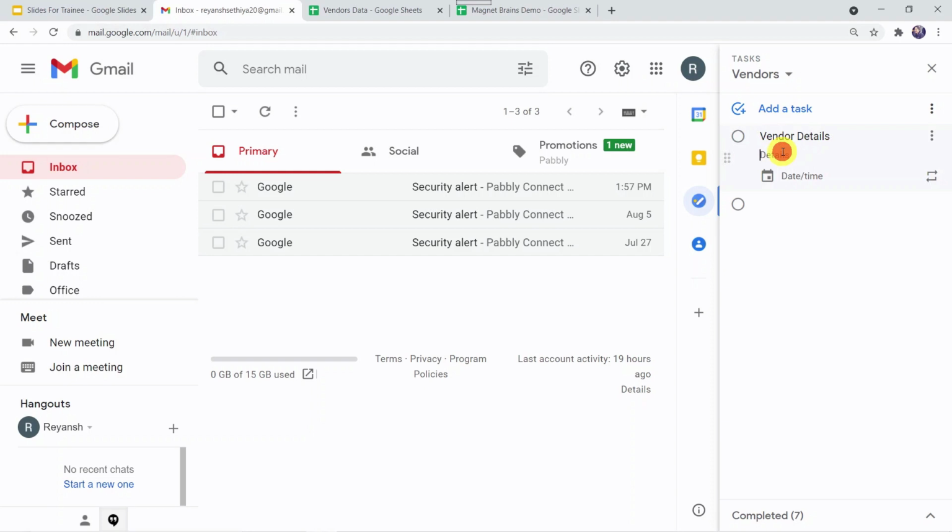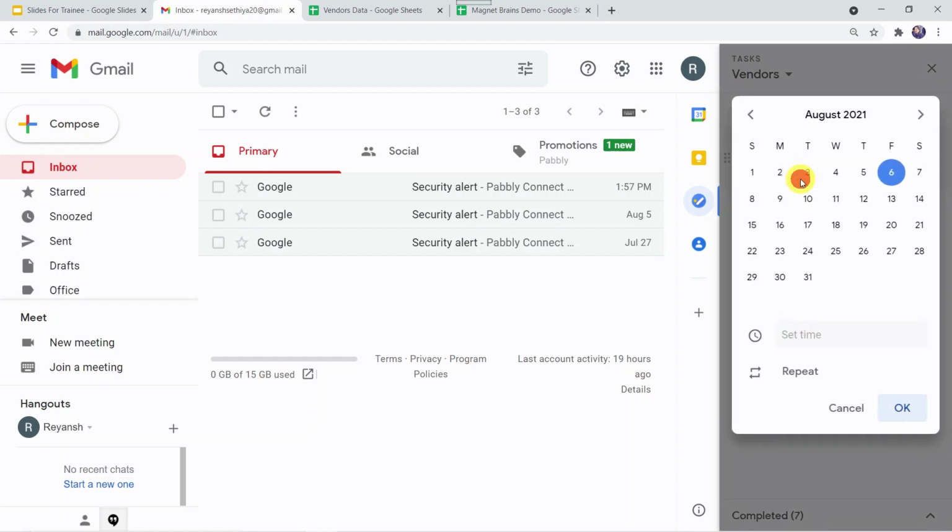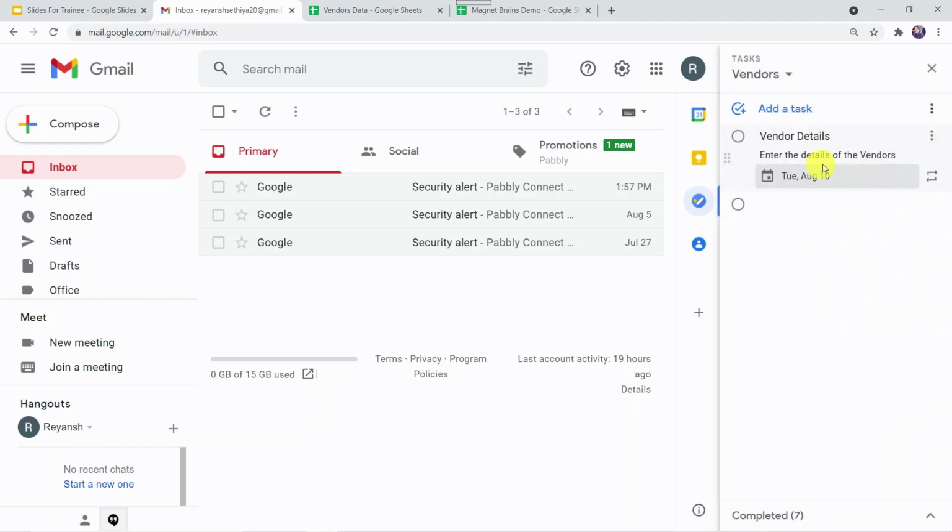I'm giving the description details as enter the details of the vendors, and I'm giving the date and time as, say, 10th of August, and let's click on OK. So I have created a task here.